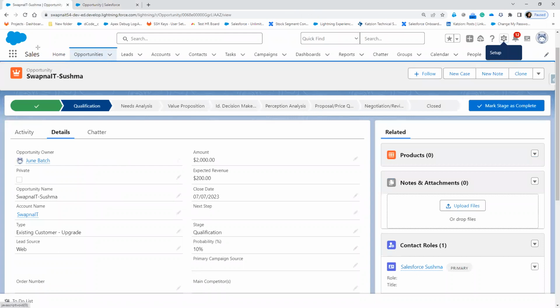Now, in the object, this is the table. This is the table name or the object name. What is the object name here? Object name is opportunity, which in Lightning is also called a navigation item. Now, when you click on this object or this navigation item,